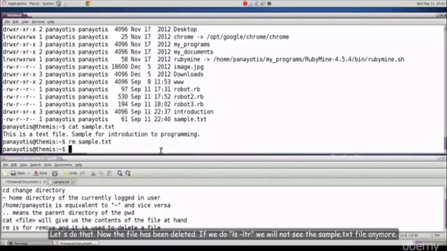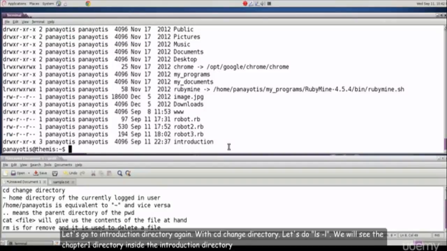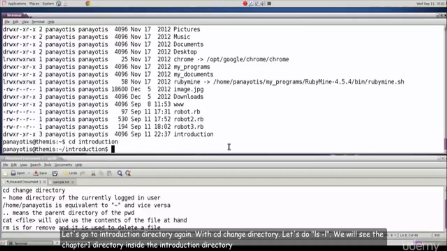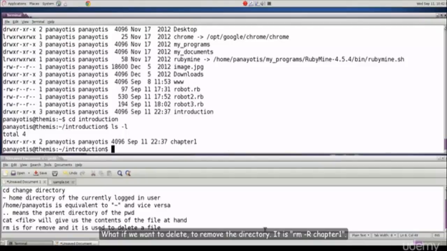If we do ls -ltr, we will not see the sample.txt file anymore. Let's go to the introduction directory again with cd, change directory. Let's do an ls -l. We will see the chapter 1 directory inside the introduction directory. What if we want to delete, to remove the directory? It is